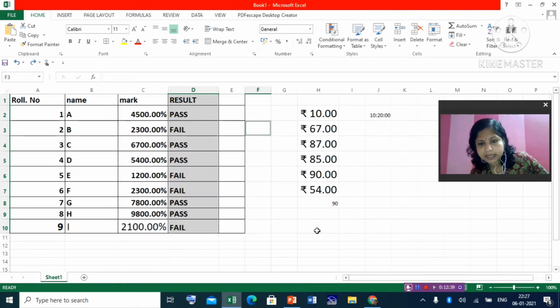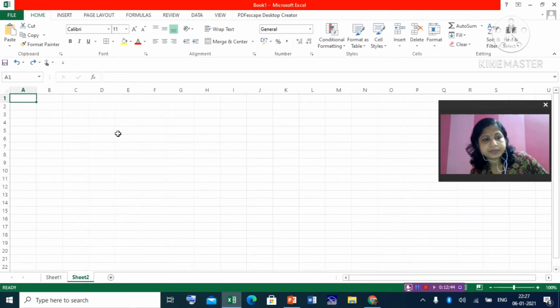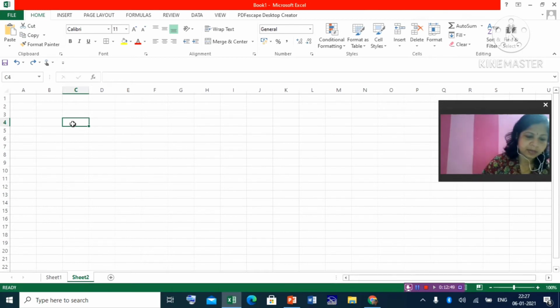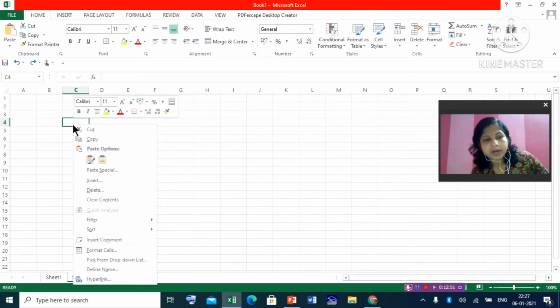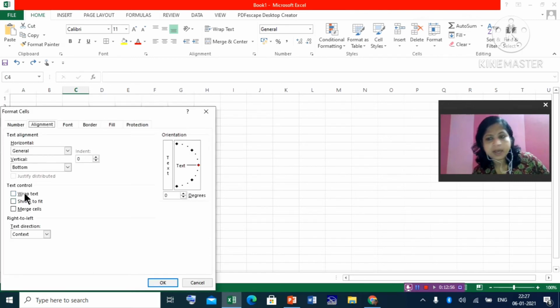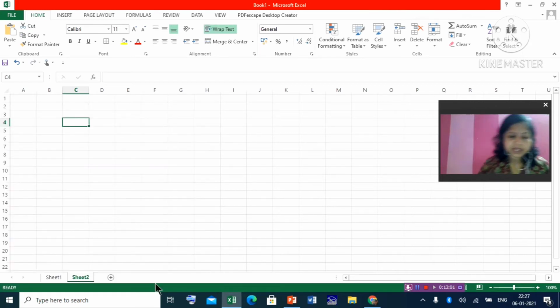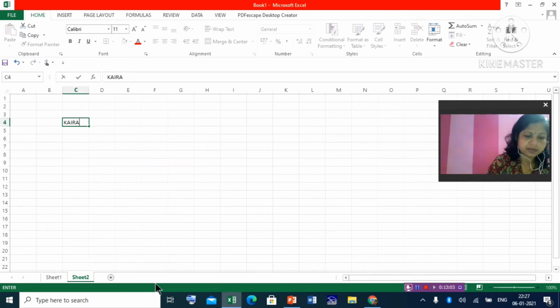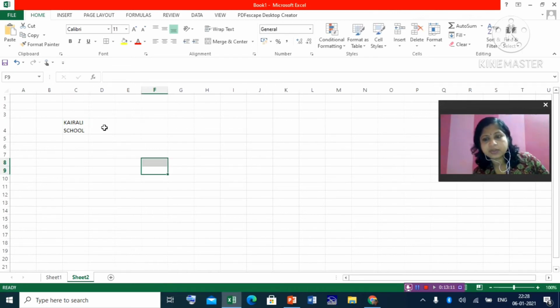Suppose first you select a cell. Let us come to a new worksheet. Here suppose I will write some data. Clear? This cell I want to format. Right click, go to format cells. Suppose I have made it wrap text. Clear? And click on OK. In this cell, suppose I now write a small sentence. I will type like this. Automatically it will come to the next line. It will not split to the next cell. Automatically it will come to the next line.